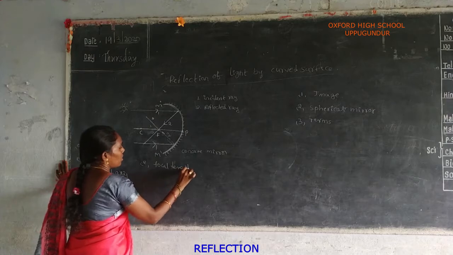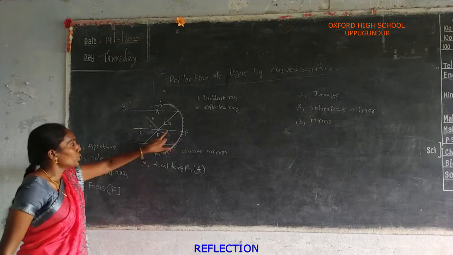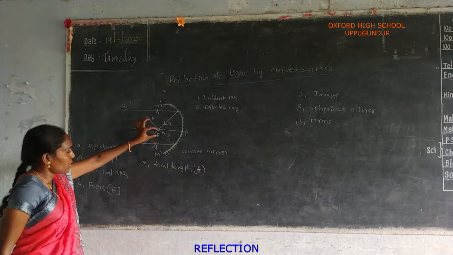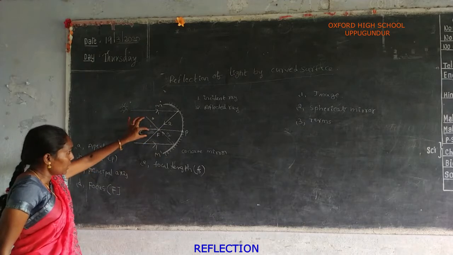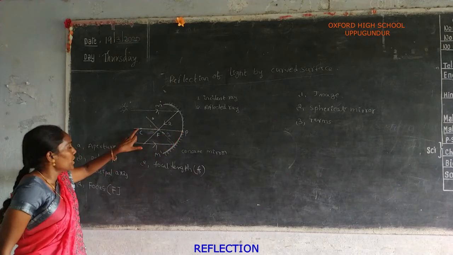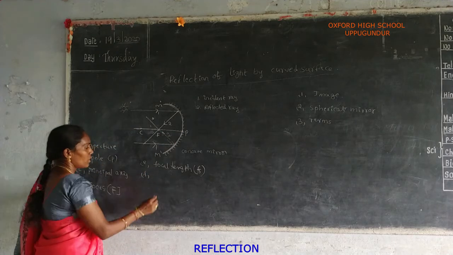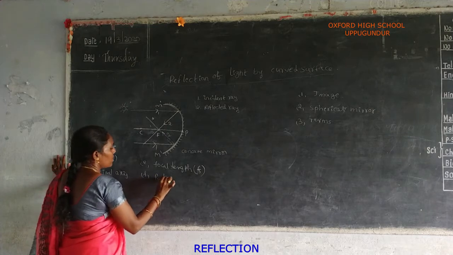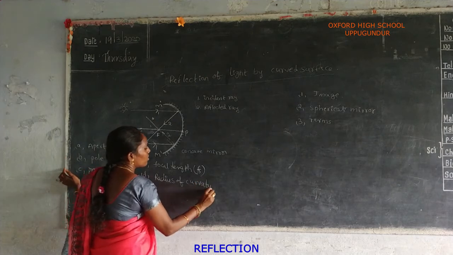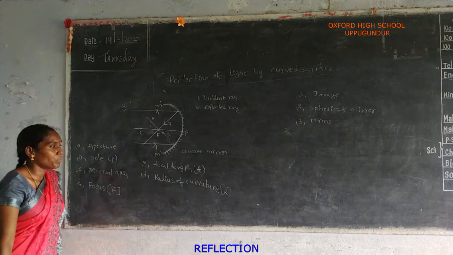f. The focal length is represented by the letter small f. The distance from pole to focus is called the focal length. Now, if the distance from focus to center of curvature is equal to the distance from pole to focus, actually the distance from pole to center of curvature should be called the radius of curvature. Radius of curvature is represented by the letter capital R.